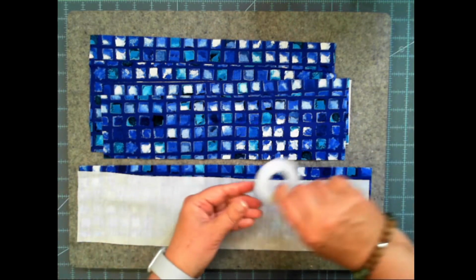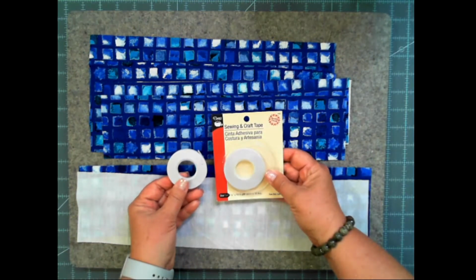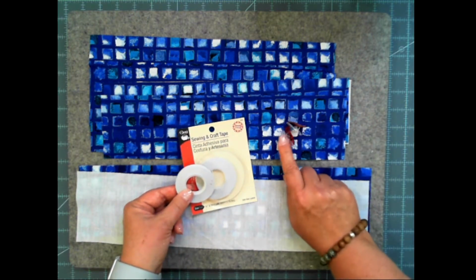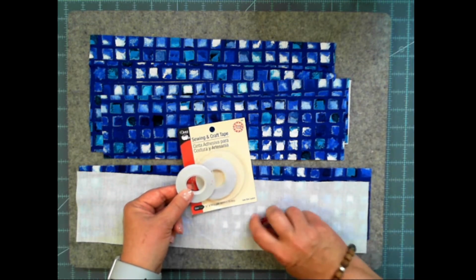One of the handiest things to have with your project is the adhesive craft tape, and I'm going to show you how to use that. And of course we love our wonder clips instead of pinning. So there we go, our wonder clips. So we're going to start,